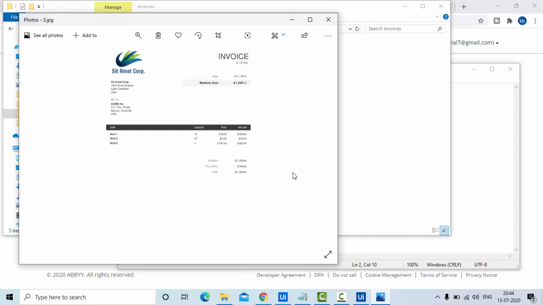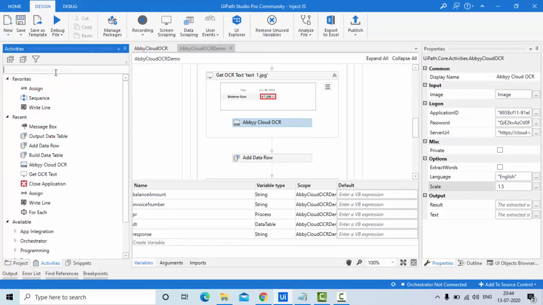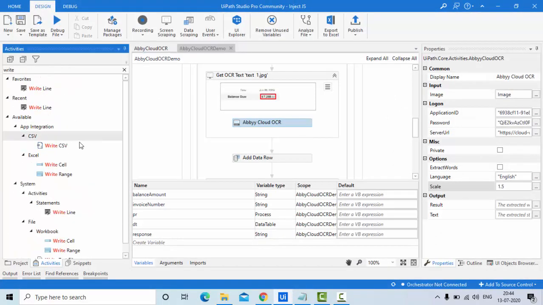Now the final part is how can I write it to the CSV file so that you can refer to it afterwards. So simply use the write CSV activity here.